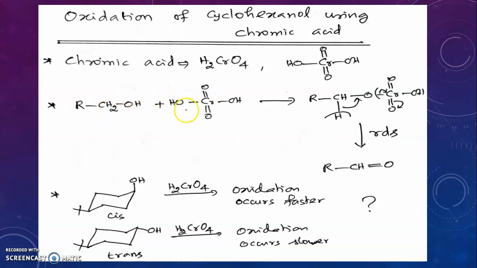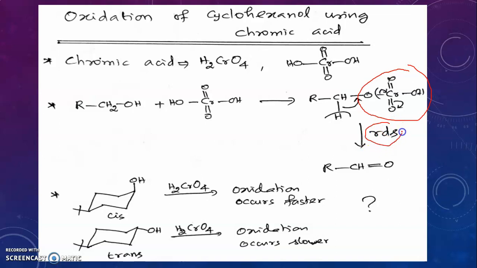So with the primary alcohol, the first step is this. First, these two OH groups, elimination of water will occur, and you will get an ester like this, a chromic ester. That chromic ester, suppose I take this group as the leaving group. The leaving-group-connected carbon, if it contains hydrogen, then what will happen? This hydrogen comes out as H plus, and this bond will move over here. You will get a C double bond O group, and this bond breaks, and this part will come out. Are you clear? And this step is the rate determining step.